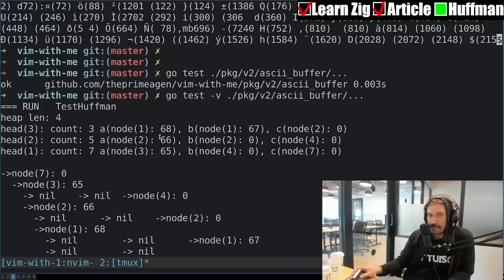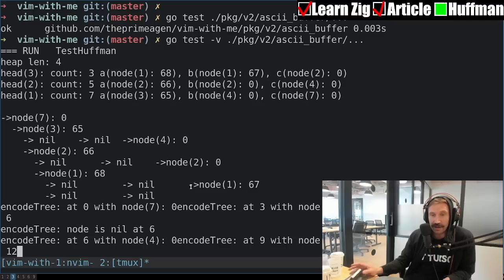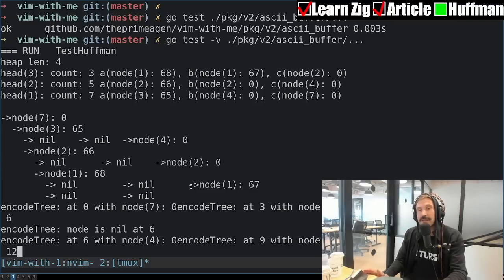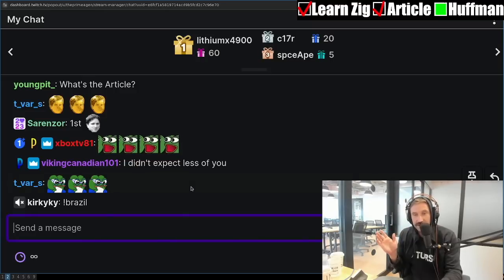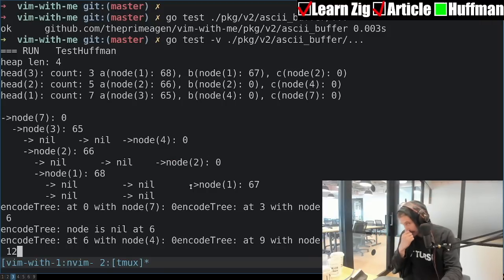That's going to be B and value 0, because this is a non-terminal node. It's going to do a thing of 4, which means I'm going to have 3 and 4, which means I'm going to have a node of 7. This is it, and this is our head node. We just Huffman encoded it. Okay, we did it.